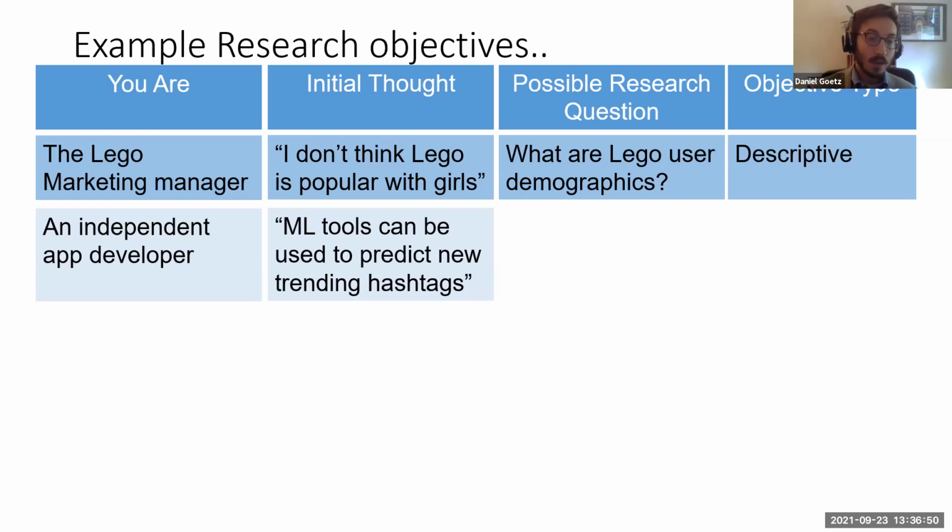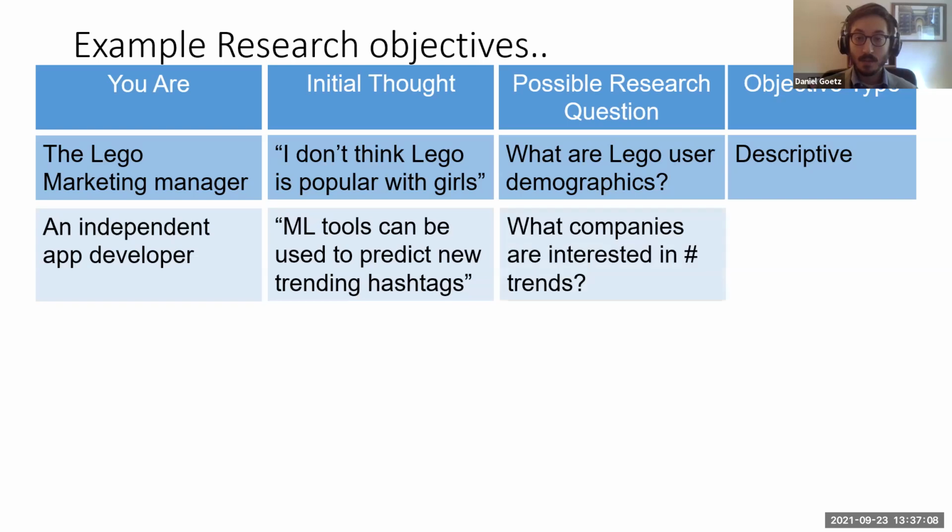Good. How can they use this? Right, good. So how can they use it? And maybe, so let's say if you have this tool and you say, hey, I can predict what's going to be a popular hashtag. Does anyone care? Who cares, right? Who would be interested in that? So maybe one research question is, well, what kind of companies are interested in hashtag trends, right? Are there any companies out there that I could sell this app to that they would be interested in knowing, right? Why might they be interested?